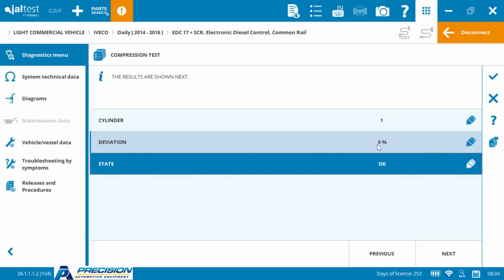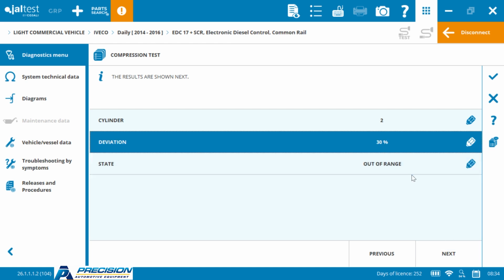Okay, so we've got cylinder 1, deviation 0%. Now note here, number 2, we've actually got 30% deviation. That's quite significant. Now, it doesn't give you a compression reading, of course, that's what your compression test tool does. But this gives us an idea that we've definitely got a cylinder out of range. Okay, so number 3, we've also got a cylinder out of range, and there's slightly a bit of discrepancy,